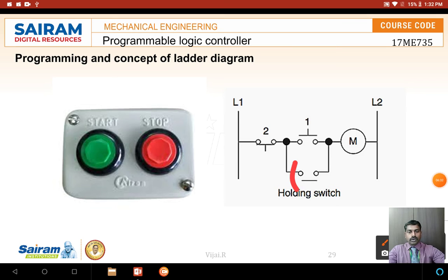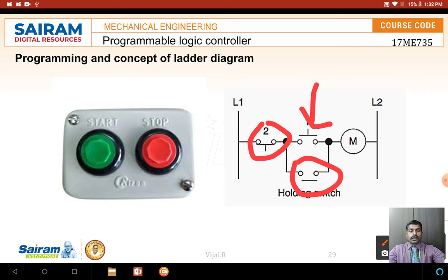This holding switch is open, and the red one is getting connected. So now when I connect this one, the connection is fully made, and this holding switch is also activated, right? This is the first step, so that the motor will rotate.